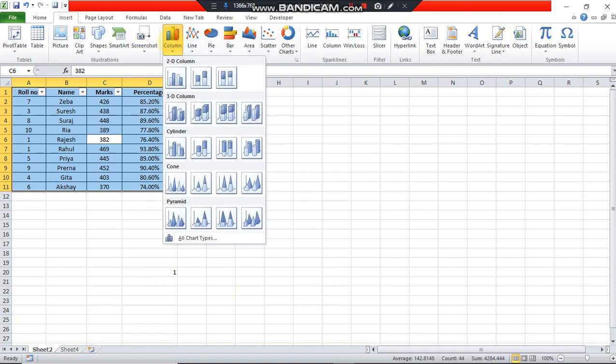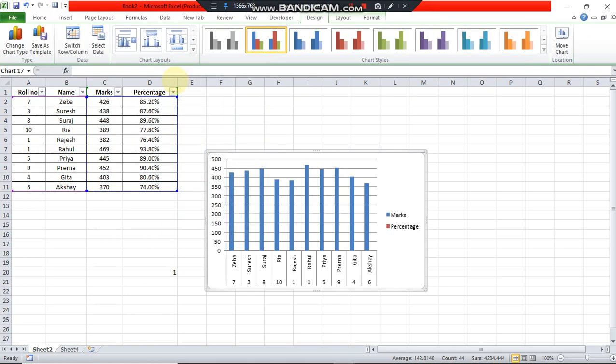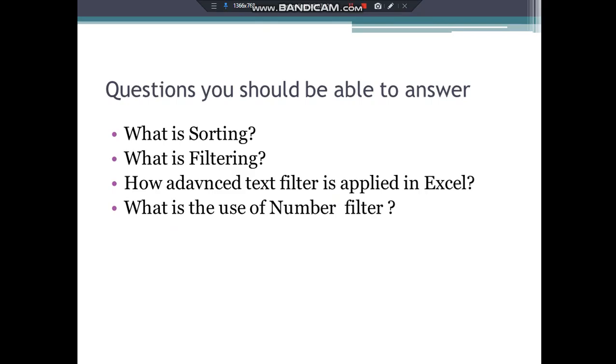I'm going to click on column chart, then 2D column chart. This is a different representation of the same data. First was the line chart, and this is a column chart. So that sums up our chapter. Our chapter has been completed.